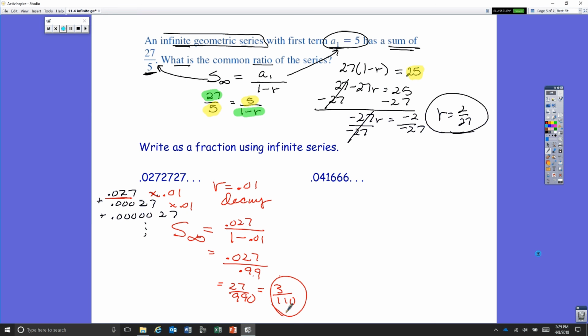So let's try the 0.0416666. This part is what repeats. So I'm just going to write down my 0.041. Then I have my 6666. So I need 1, 2, 3 zeros and then a 6. Then 4 zeros and a 6. Then 5 zeros and a 6, etc. Here is where my infinite sum continues. So I'm just going to carry this along. 0.041 plus, I added 1 more decimal place,